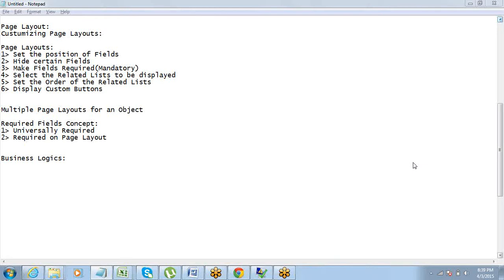While we were discussing customization of user interface, I told you that this customization of UI can be done using the declarative method, which we discussed in our last session. And we have another way of doing that, that is using programming, right? So you can write code for that. Now we are talking about business logics. The business logics can also be done using two approaches.